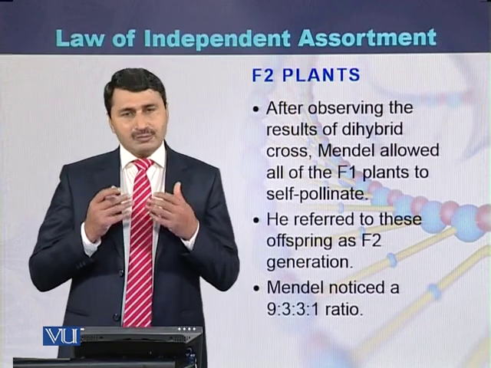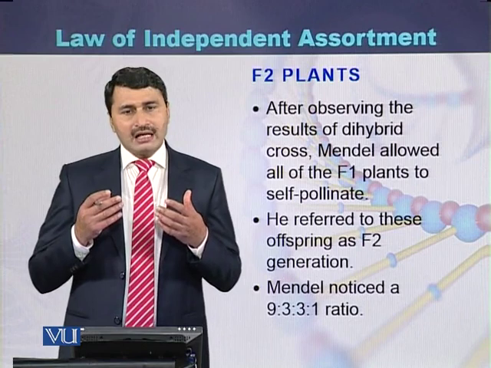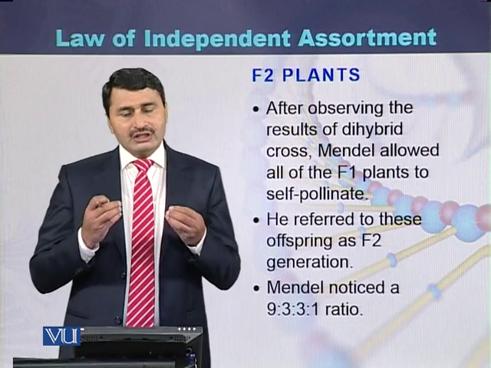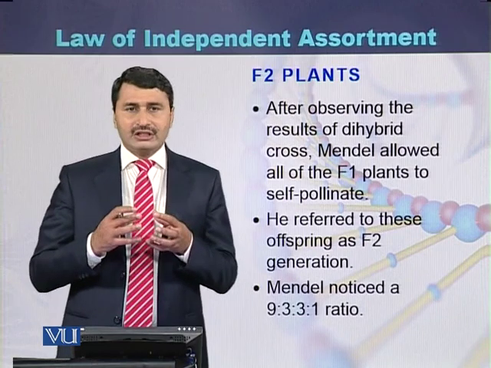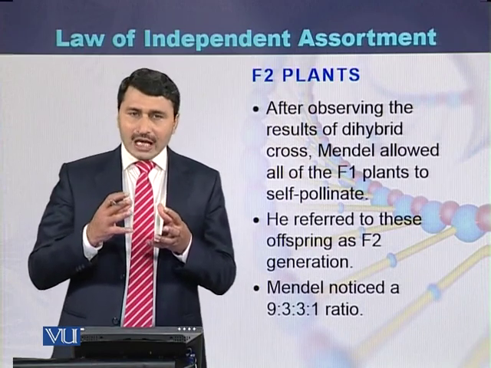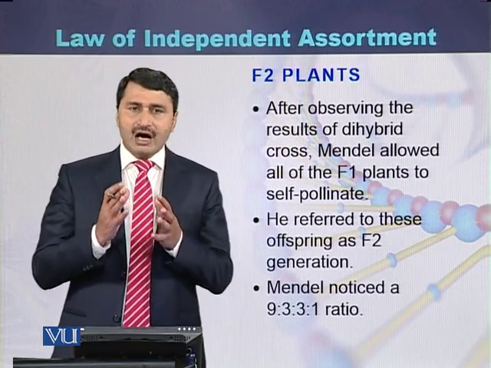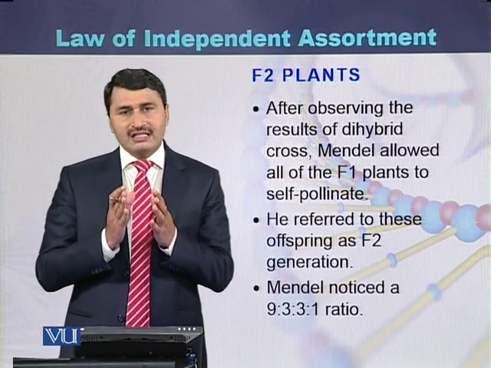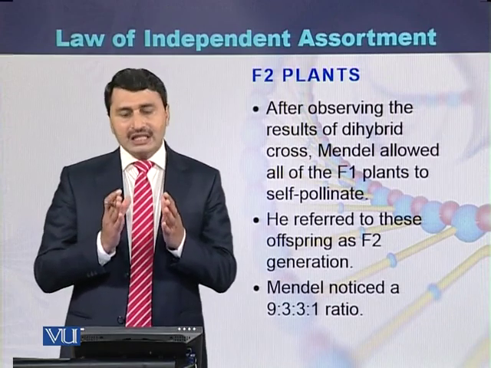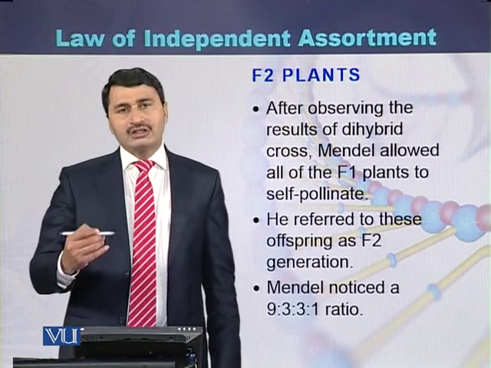That explains that the gametes are independently separated from each other. They were not united as a bundle or in the form of a unit. They were separated from each other independently because the ratio was